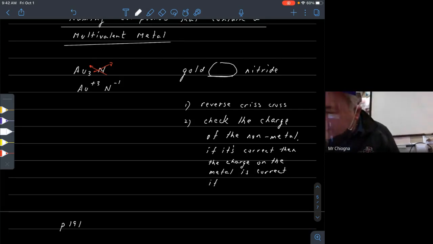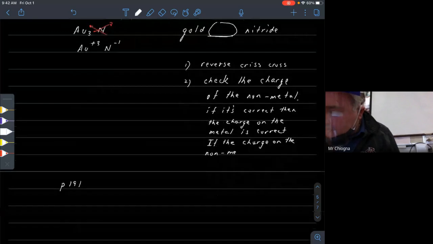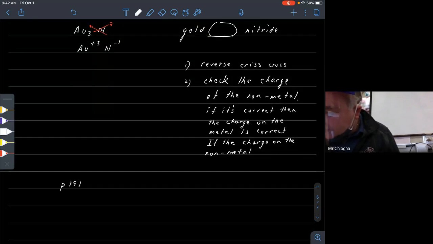If the charge on the nonmetal is incorrect, multiply both